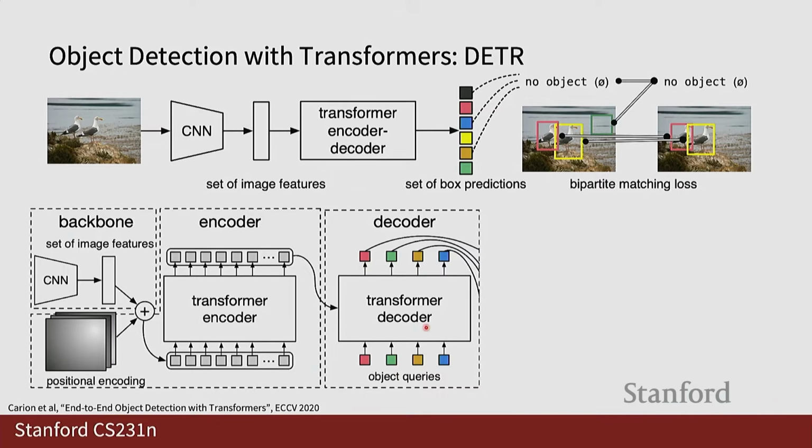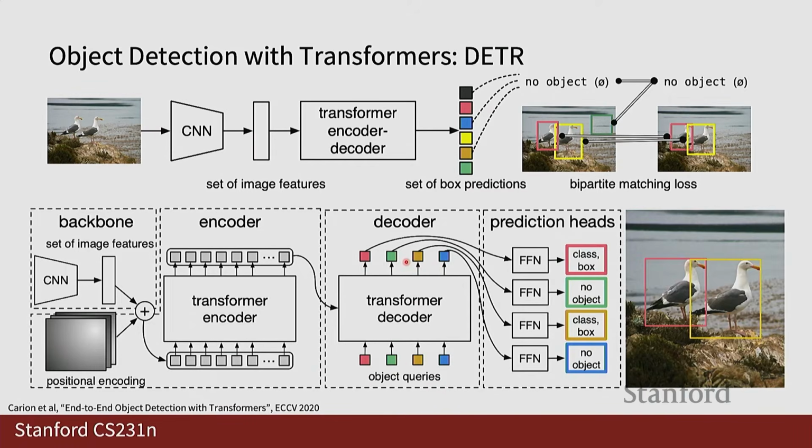And then, through a combination of self-attention layers in the beginning of this transformer decoder, as well as cross-attention with the encoder output, it generates the output values for each of these queries,